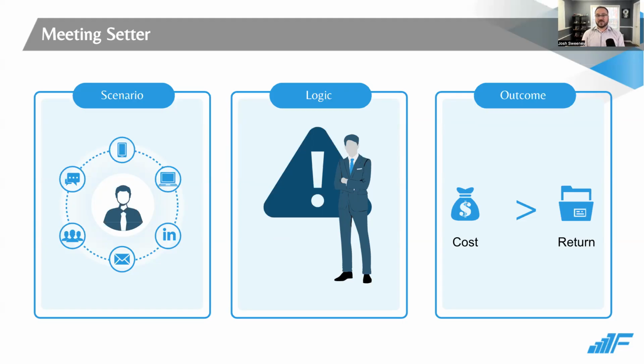It also makes sense because your time is valuable. So if someone else can set meetings, you can also maximize your time. So what we see is with this logic, people go off and hire a meeting setting service. The challenge is the most common outcome we see is that people pay thousands of dollars over 3, 6, or 9 months, only get a few meetings that aren't very good, and see no return on investment, meaning that you paid more for the service than you received in revenue.